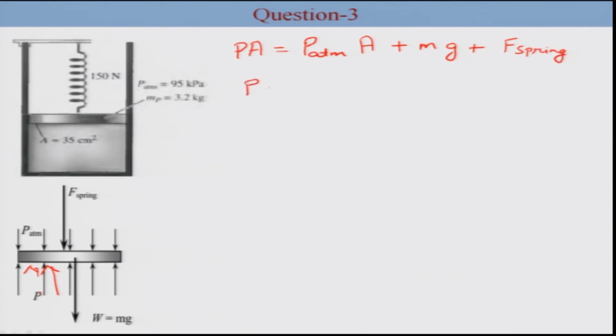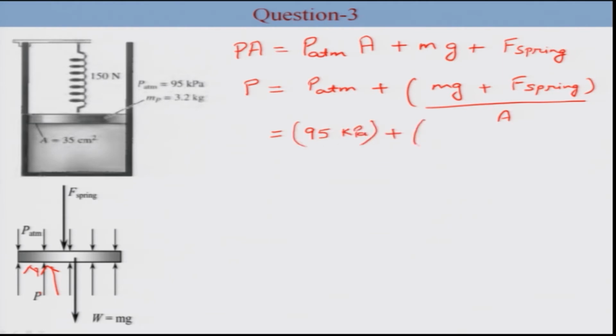The expression for P simplifies to P atmosphere plus mg plus force due to spring, divided by area. Value of P atmosphere is given as 95 kilopascals